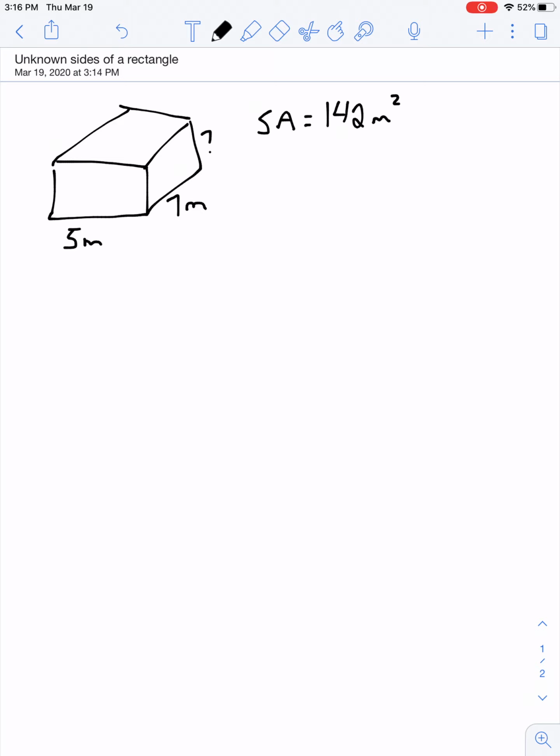So given that information, I now need to turn around and really interpret what surface area means. Surface area, we figured out last video, talked about all 6 of these sides adding together to be 142 meters squared. So what I'm hoping you can recognize is that when we look at this, this side is known and this side is known. Therefore, I can actually calculate the surface area for 2 of the 6 sides here. I can calculate the surface area for the bottom, because I know what it is, and the top, because I'll know what it is. So I can find the area of the top and the bottom